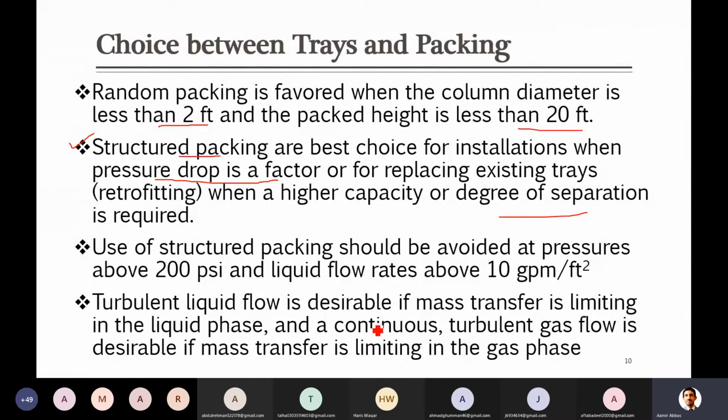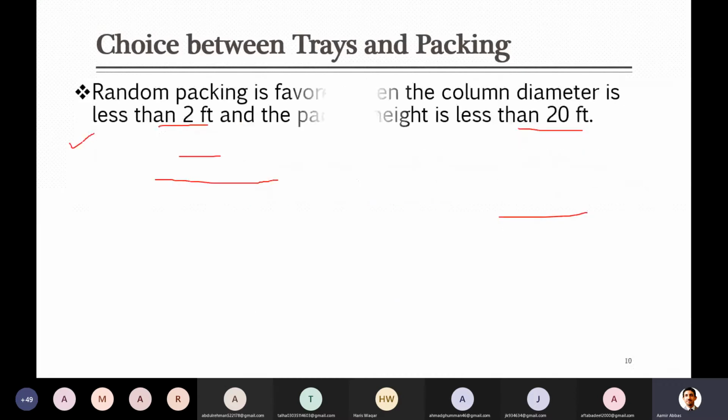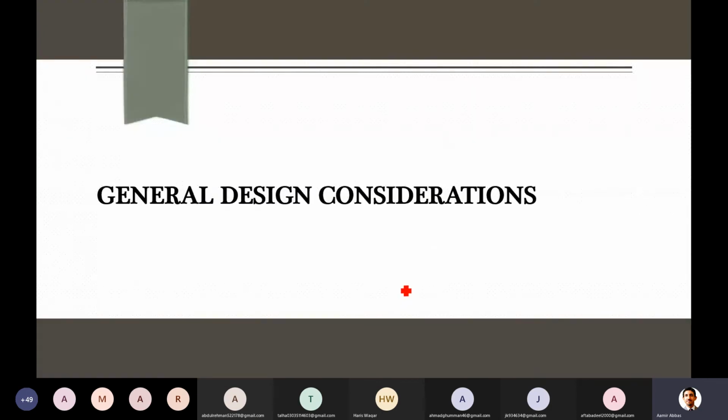And then there was structured packing. It is quite expensive compared to the others, but it is well structured and provides less pressure drop as well as better contact between liquid and vapor. Then we saw some comparison between those packings, and at the end we saw what your choice should be between the packed tower and the tray tower, because up to here you have discussed two major types of equipment, either tray tower or packed tower. We have seen some general considerations on in which conditions packed towers are better than tray towers, and within packed towers, whether structured or random packing should be used, and in which condition. So up to here, if you have any question.